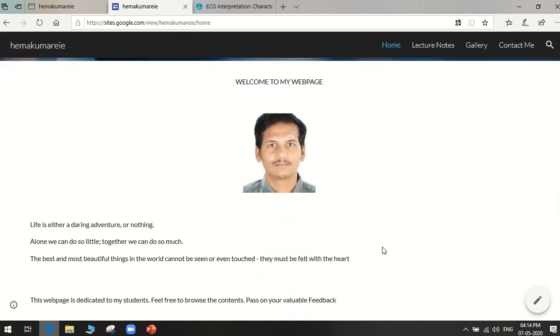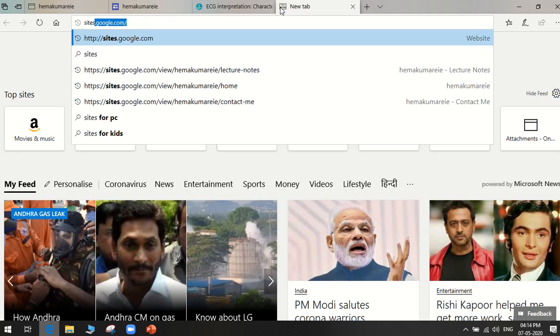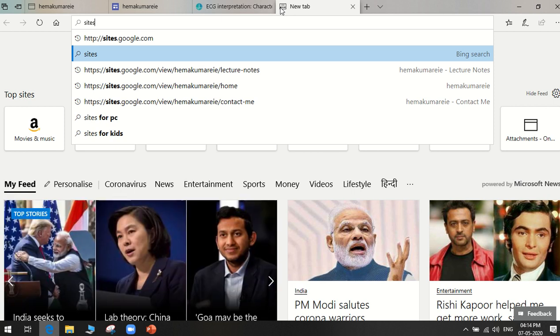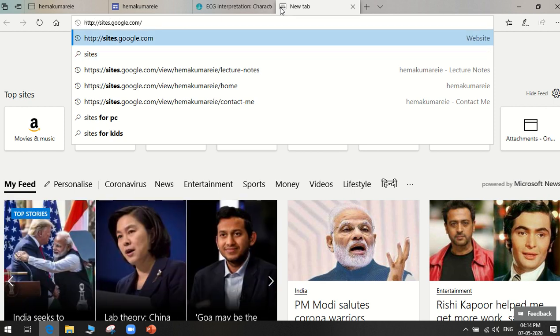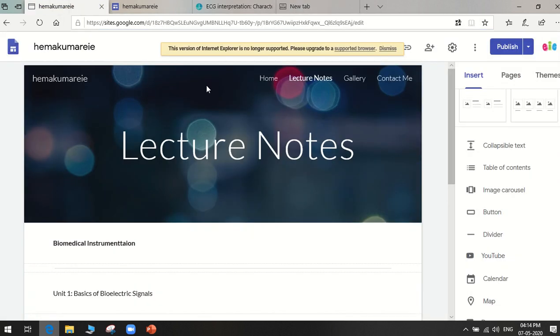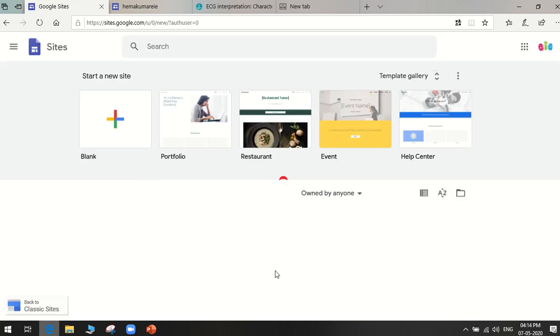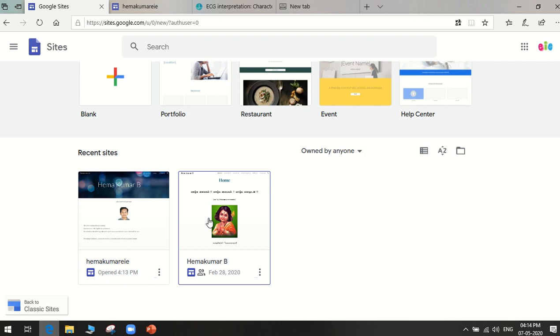A big advantage of using Google Sites is that it's quite easy. You can just drag and drop the items and pass it on. Here you can upload your own notes. I'll show you one of my sites on sites.google.com. I have a similar site created in Google.